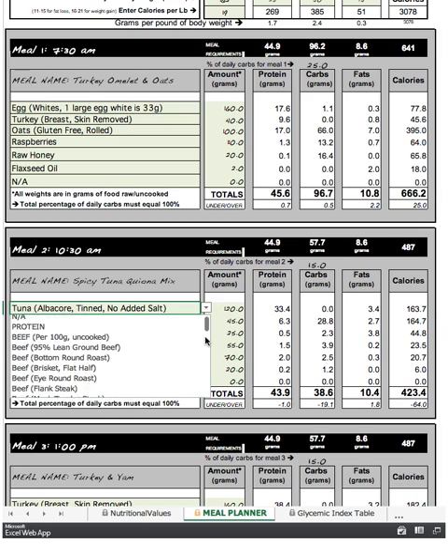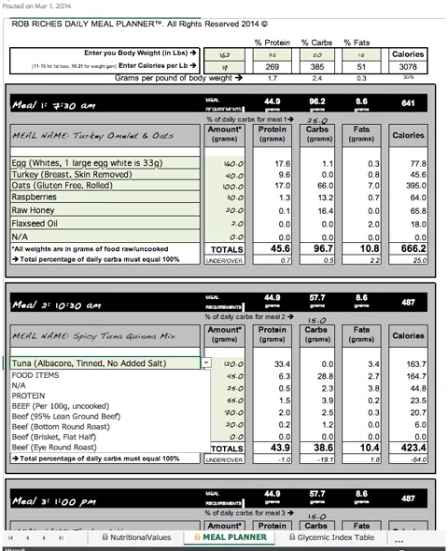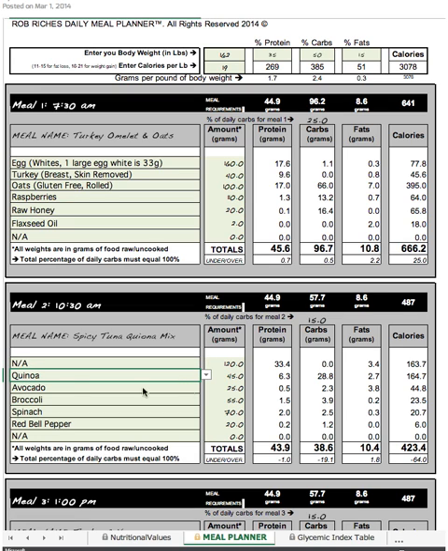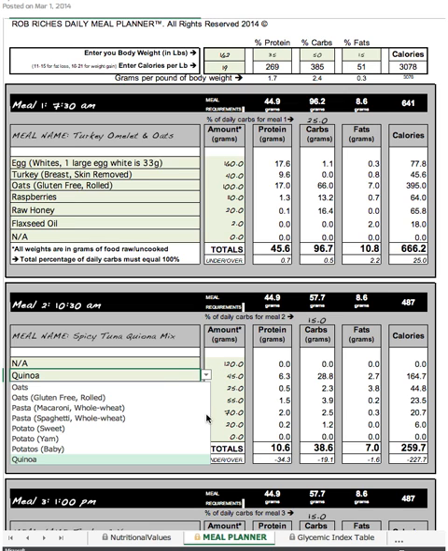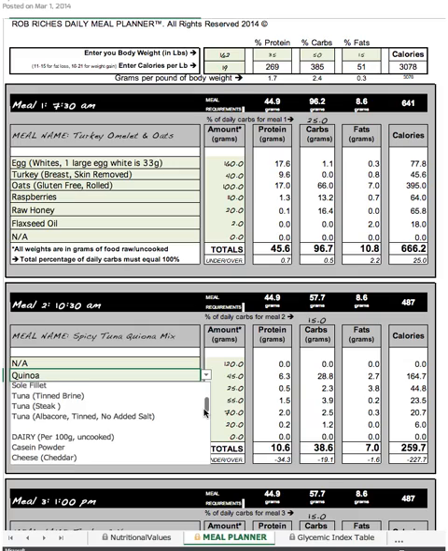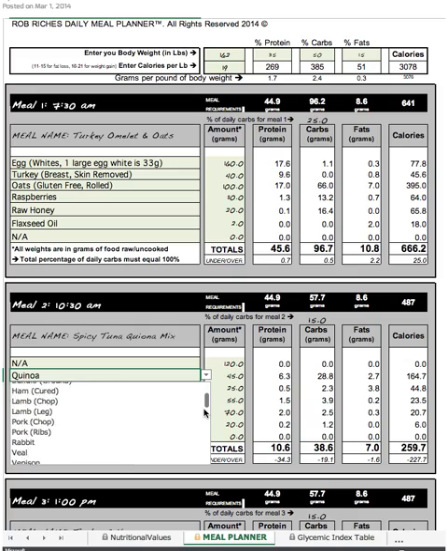Still working on the meal planner, so it's not perfect, but it works and it does the job. So I select NA, and you can see it zeroes everything out regardless of the amount of grams here. So if you want to take out meal 2 and you only want to have effectively 5 meals throughout the day,